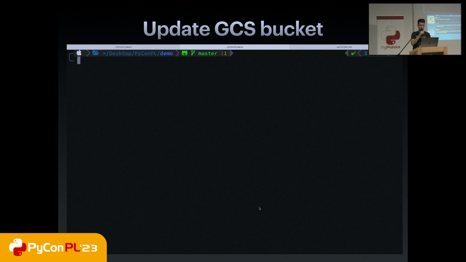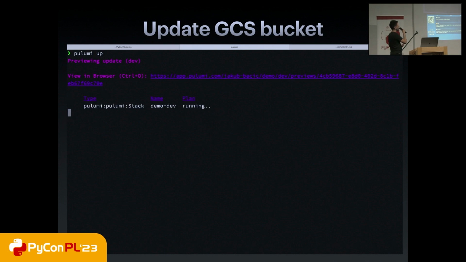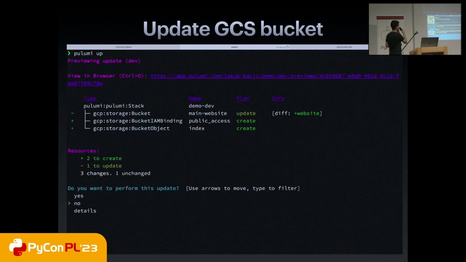So let's run this command. Once again, Pulumi app. And Pulumi is supposed to detect what changed. In this case, it detected that the bucket was updated and there's a new field, website. And there are